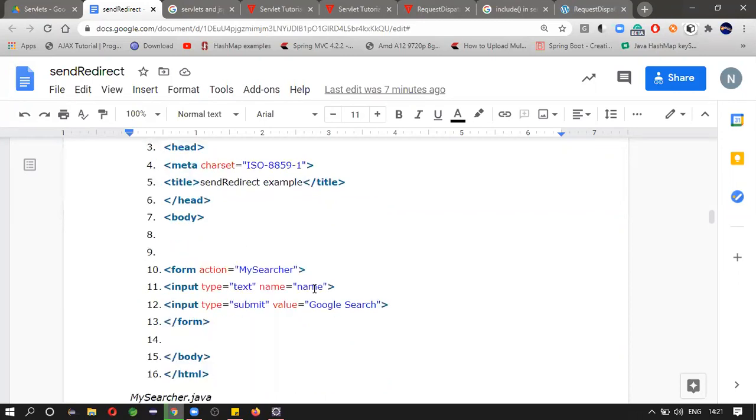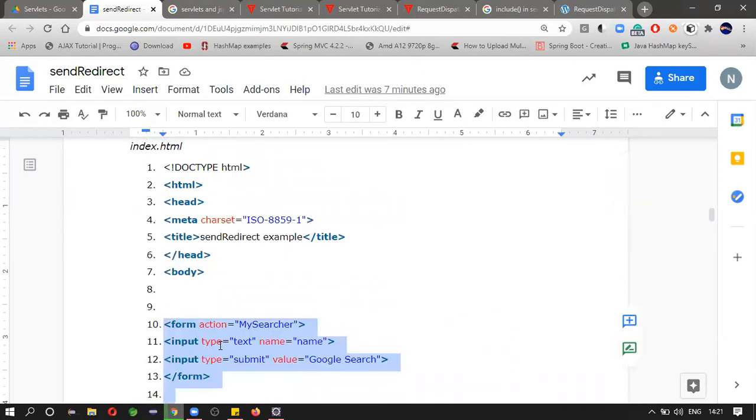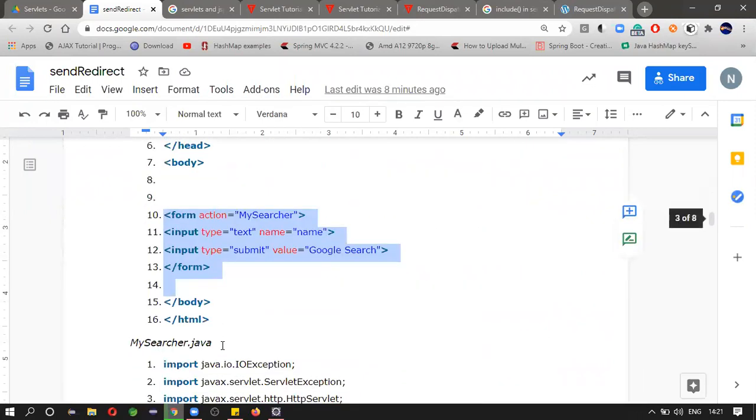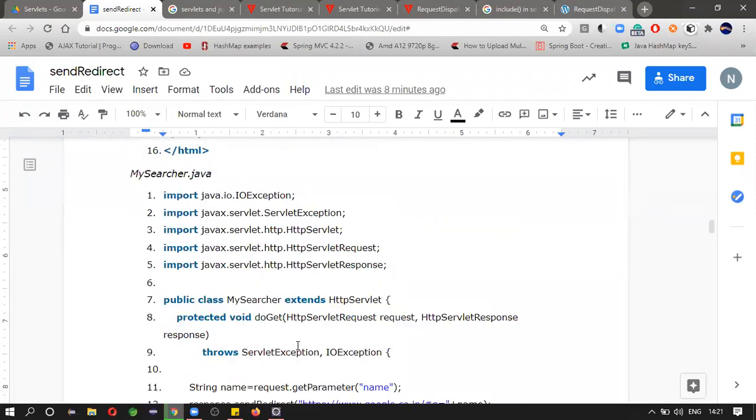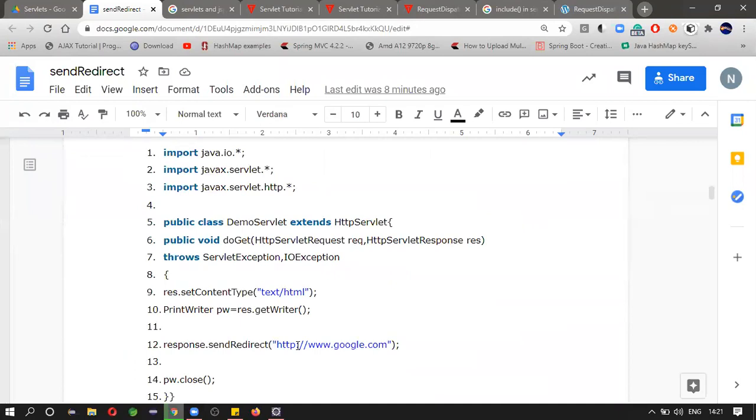See here, we are creating a simple form. It will be called like this.